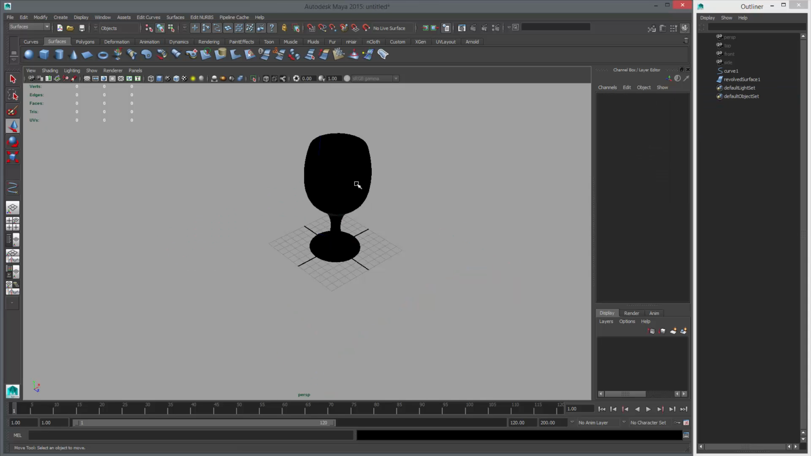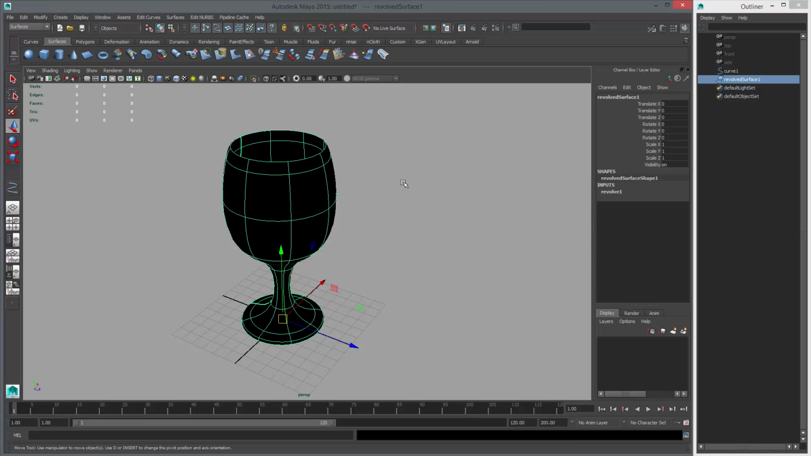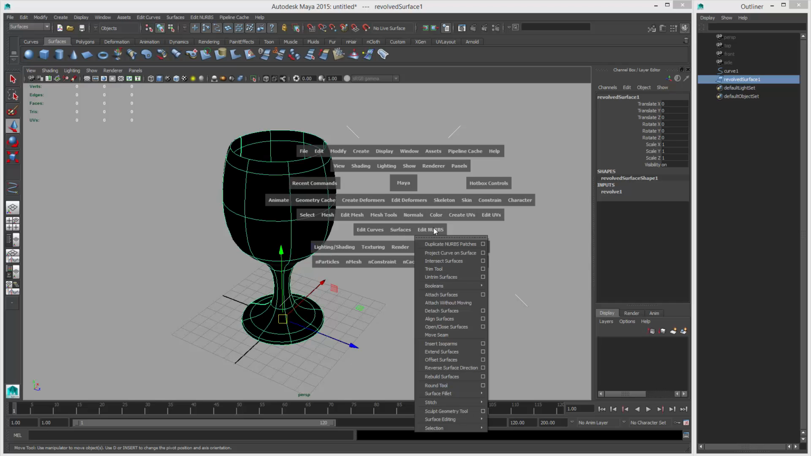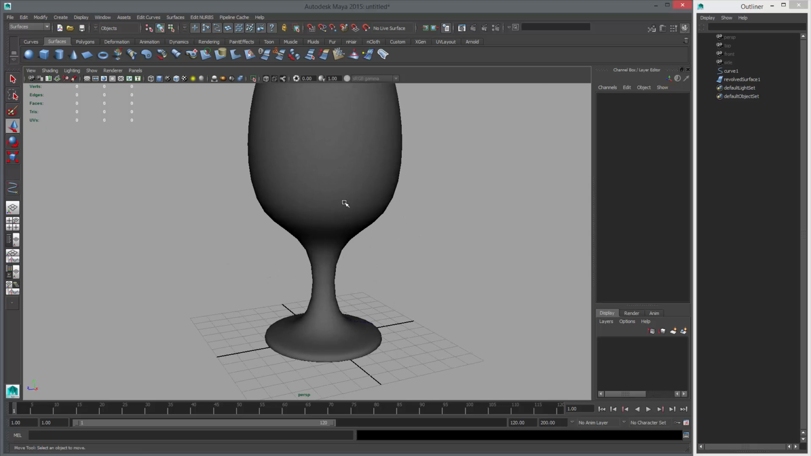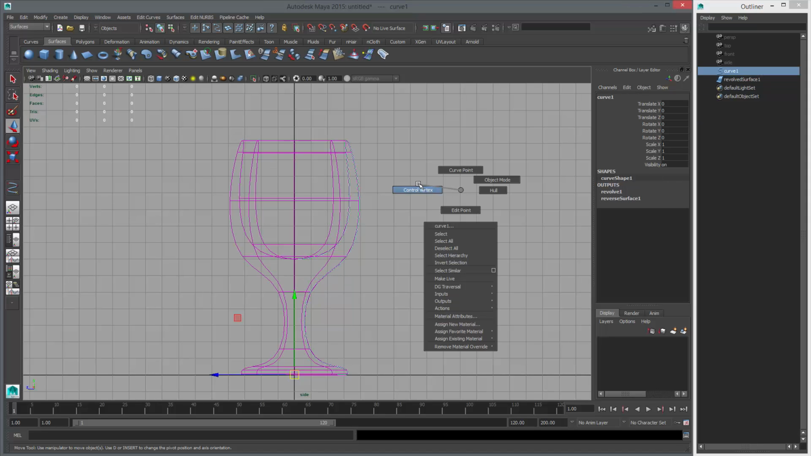So to fix it, all we have to do is reverse our surface direction, and we'll just hold the space bar, go to surfaces, edit NURBS, and reverse surface direction, and that flips the NURBS object in the correct direction. So now I'm